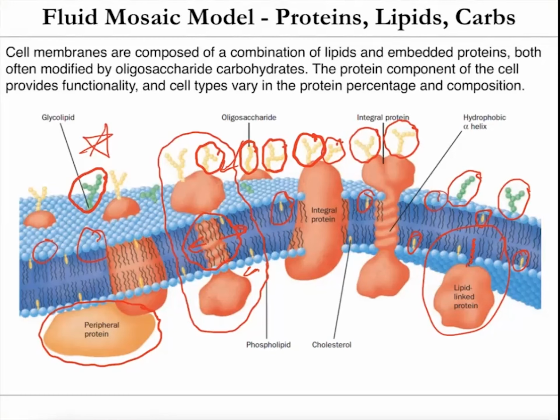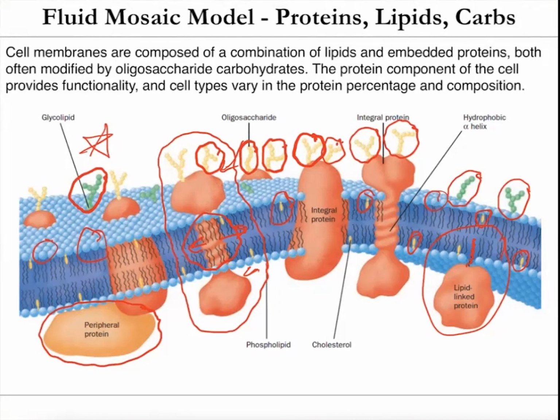So these proteins in the membrane allow it to do things like signal transduction, so to get signals from the outside of the cell to change the environment inside the cell, and also to move molecules from the inside to the outside of the cell. So the types of proteins that are in the membrane and the percentage of proteins compared to lipids vary between different cell types. So different cell types, based on their function in multicellular organisms, will have different types of proteins on the outside of those cells. And what types of proteins are on the outside of the cell may actually define what that cell type is.